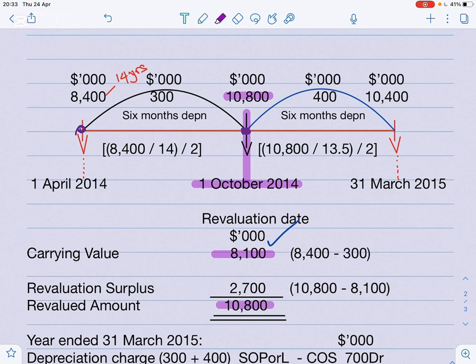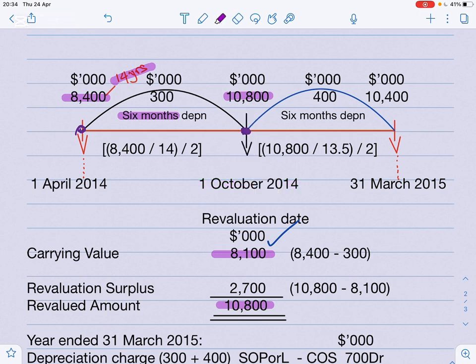If at the start of the year we had 8.4, and in this 8.4 was 14 years, but then remember we first had 6 months enjoyment. So the way this works is this: out of 14 years that we started the period with, the first 6 months will reduce the 14 years to 13.5 years as at the date of revaluation exercise. So what we are saying now is this: